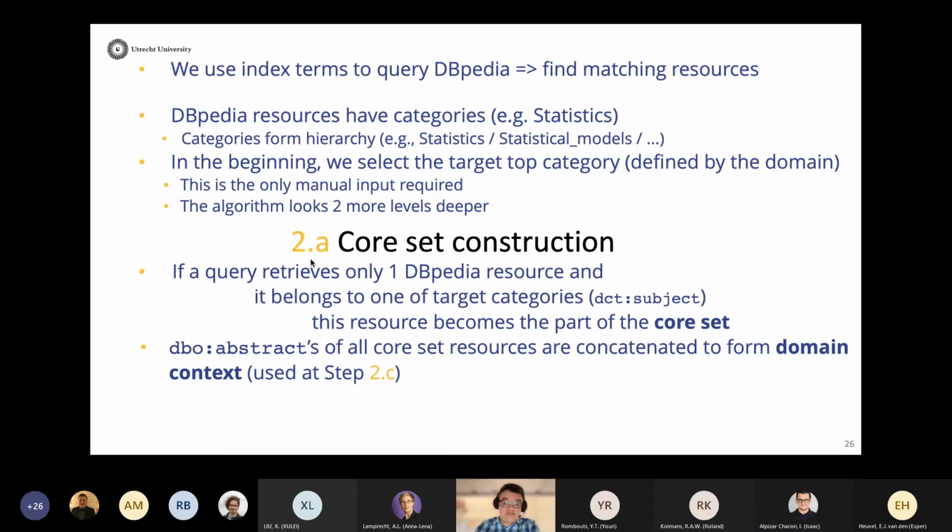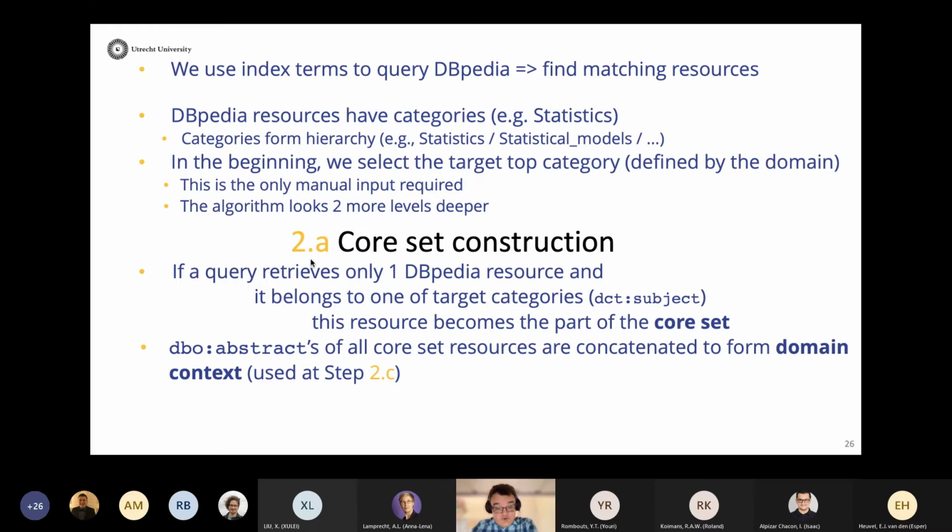Once you query DBpedia, for every query you can get either one or several resources, because terms sometimes are spelled the same way, right? You can have a query like mean, and one of the resources that you would get would be statistical mean, but then there will be a bunch of other things which are related to mean.